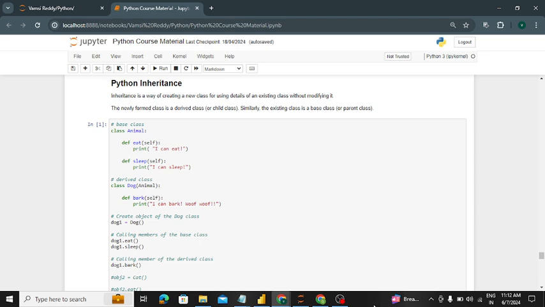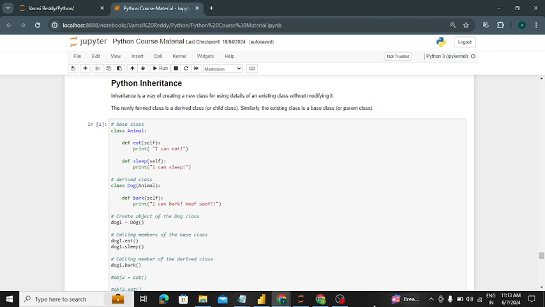Python inheritance. Simply put, inheritance is like parent and child. We are inherited from the parents. Like that, in a programming language it works on the base class and derived class. Here the base class is known as the parent class and the derived class is known as the child class.